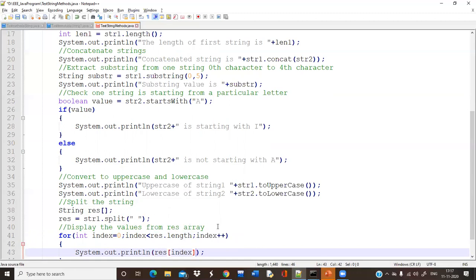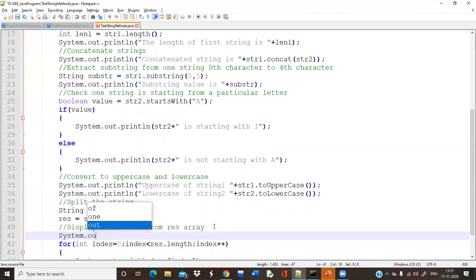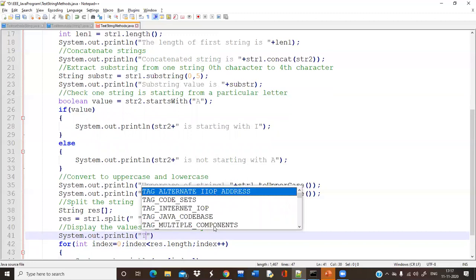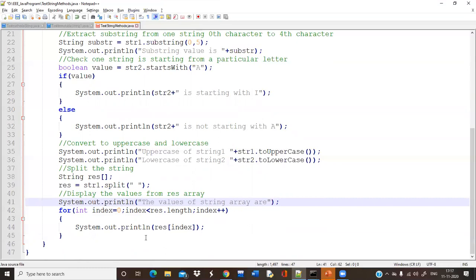Clear? The values of string array are. Okay, so let's check whether it's working or not.